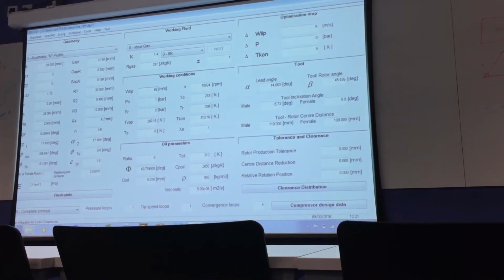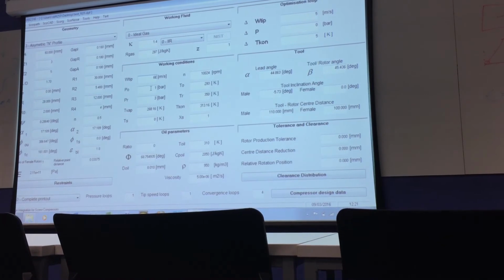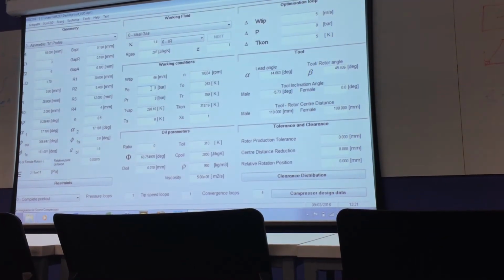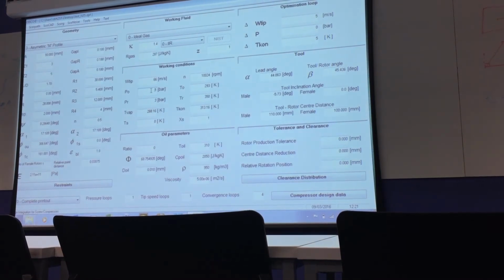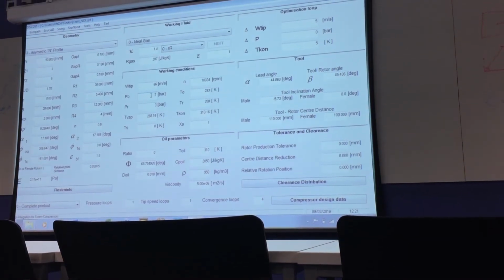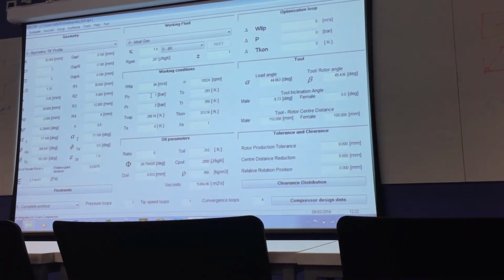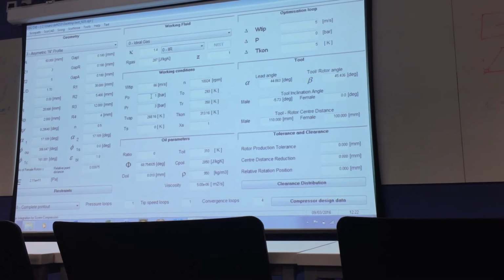So nearly 10,000. Yeah. We'll be changing the working conditions as well. Yeah. So in the experiment you measured at 4,000, 6,000, 8,000 RPM. So you have to set your working conditions according to that in your coursework. Okay? I'm just giving an example of 10,000 RPM.